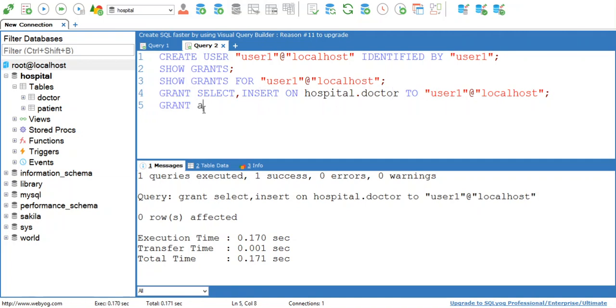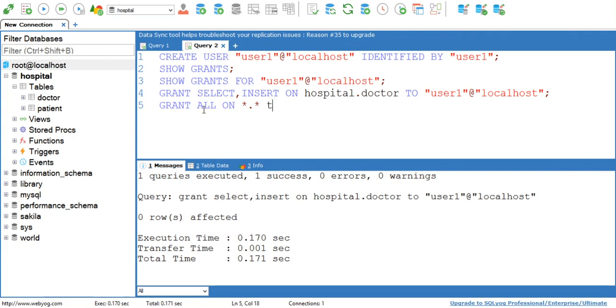Now I want to give all permissions to user1, okay, and on all databases. So I have written star, and under those all databases I want to give permission for all tables. So I have written grant all on which databases? On all databases and under all tables.